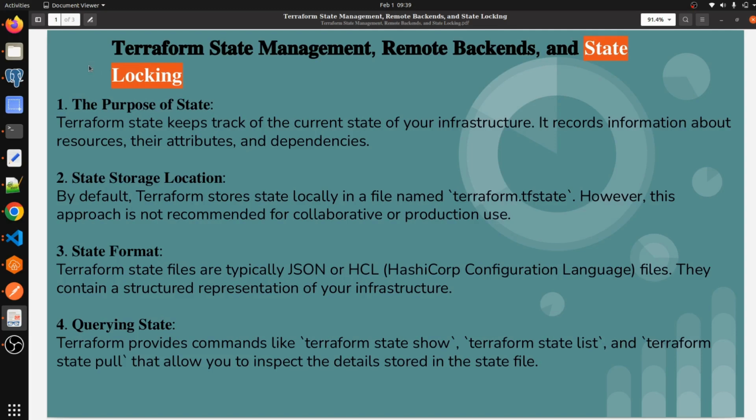So whenever you have a team of 10 DevOps engineers and they are all creating new resources and hitting Terraform apply at the same time, Terraform will get confused about which apply it should take first.